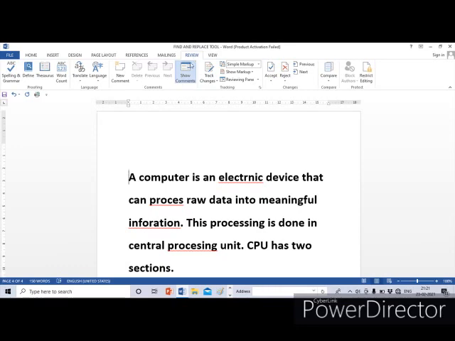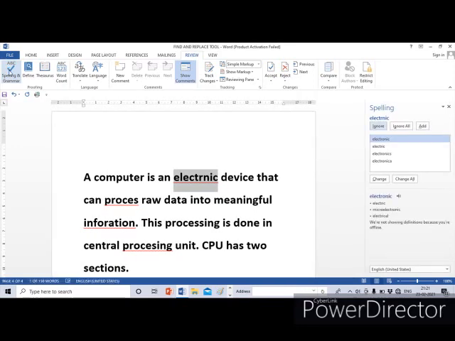Third step, click on the Spelling and Grammar tool in the Proofing group. We have to select the Spelling and Grammar tool in the Proofing group. So what we can see, this will open a spelling and grammar dialog box with the first mistake highlighted and a list of suggestions. See, the first mistake is highlighted. You can see a blue background. That means the first mistake is highlighted, and also we can see a list of